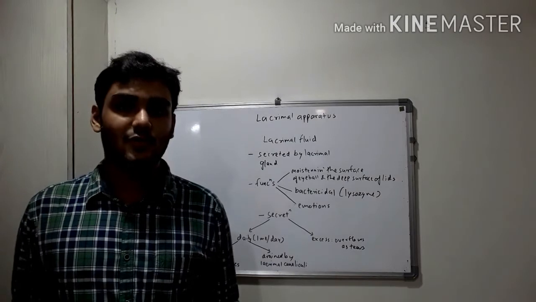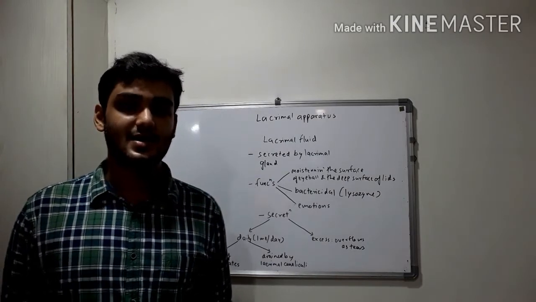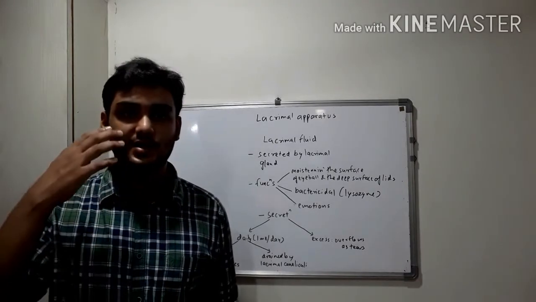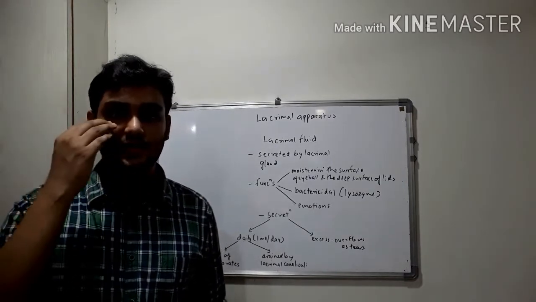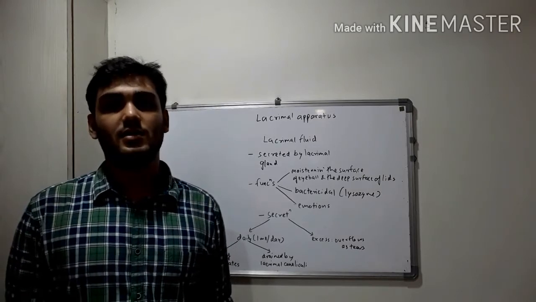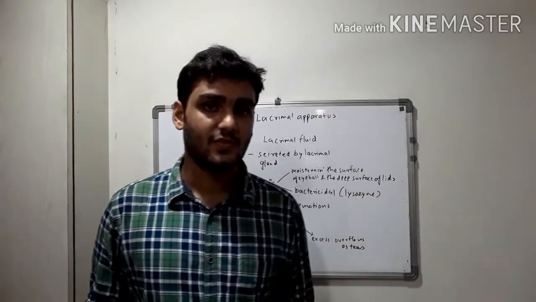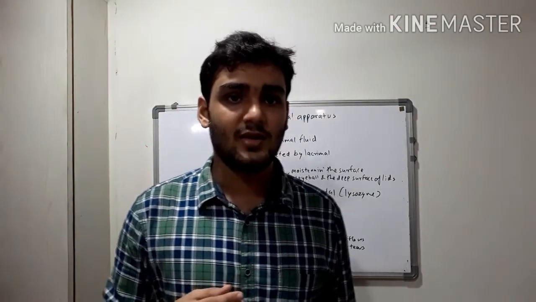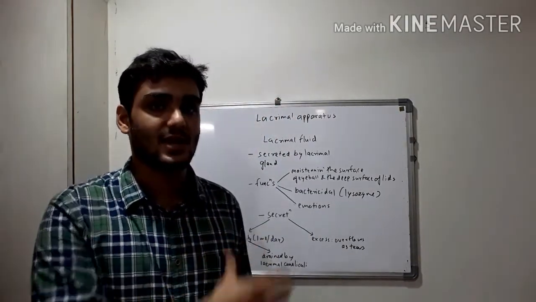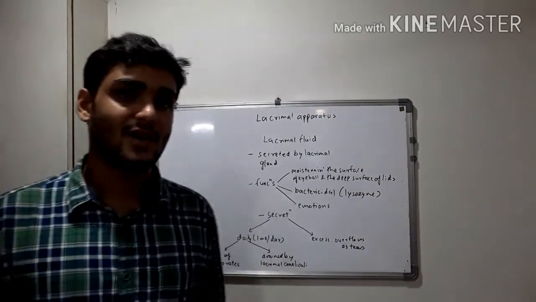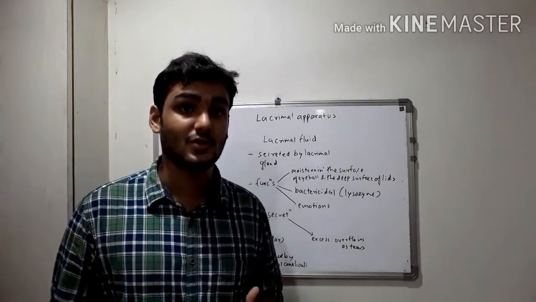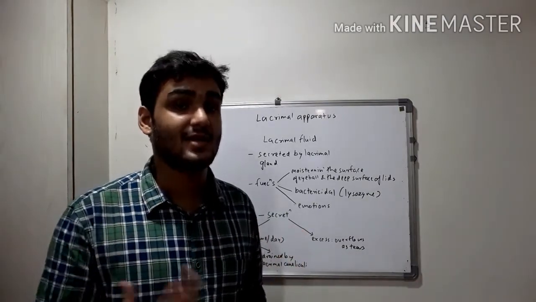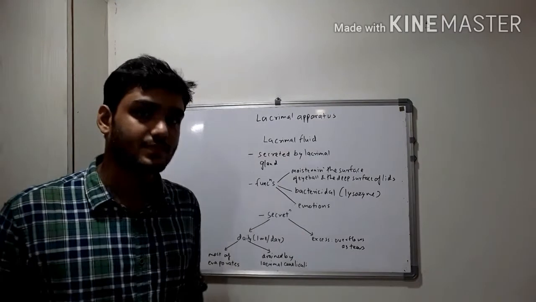Lacrimal fluid is secreted by the lacrimal gland, and it has important functions like moistening the surface of the cornea and conjunctiva, that is the outer surface of the eyeball, and the deep surface of the eyelids. Then it contains lysozyme, which has bactericidal action. So if there is some foreign body, the infectious bacteria are combated with the help of this lysozyme. And a very obvious function, which is known even by a layman, is that it is helpful in expression of emotion. Anyone can write that. These two are important functions.